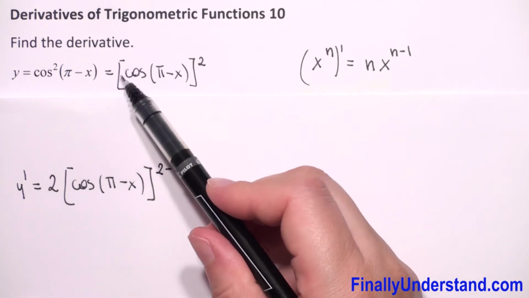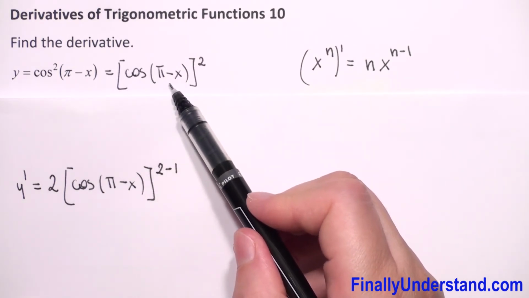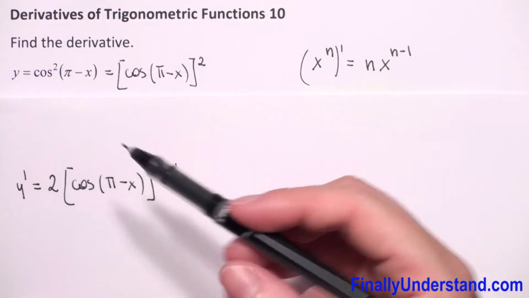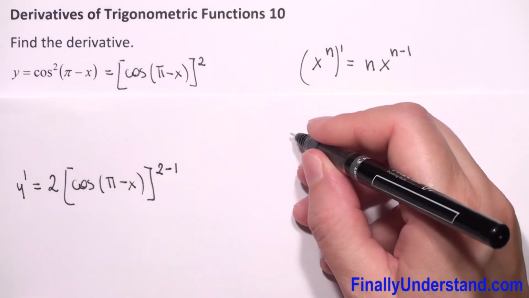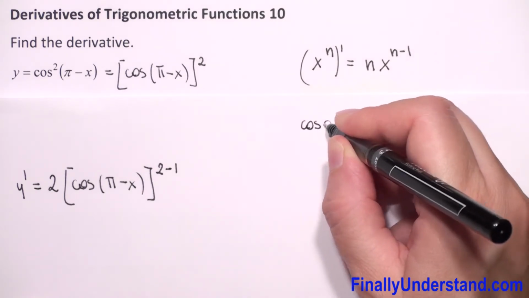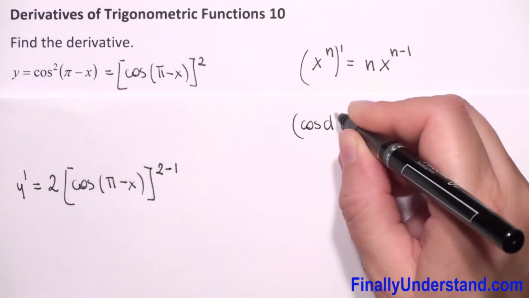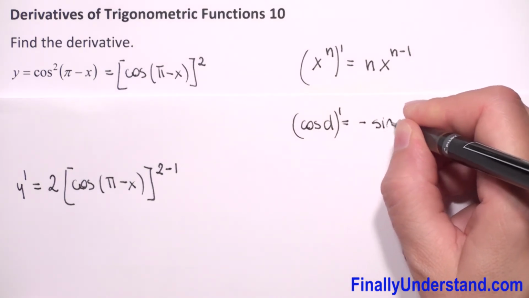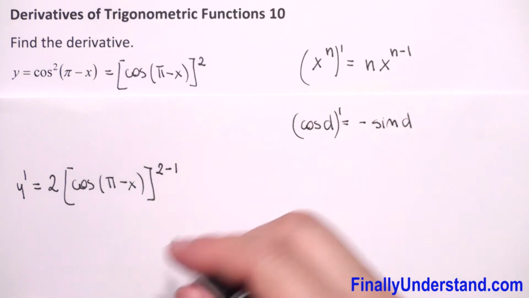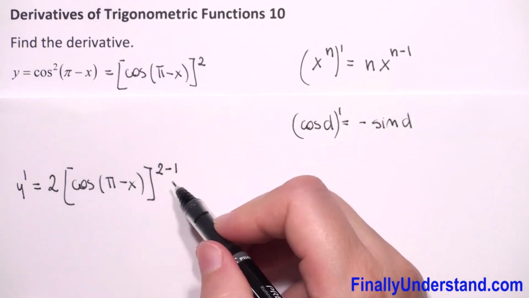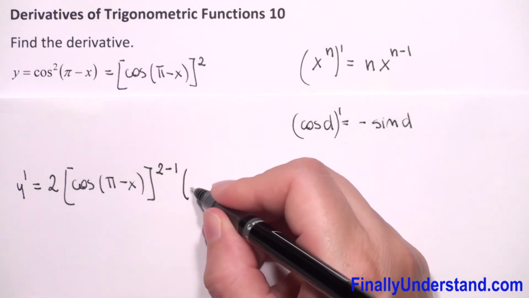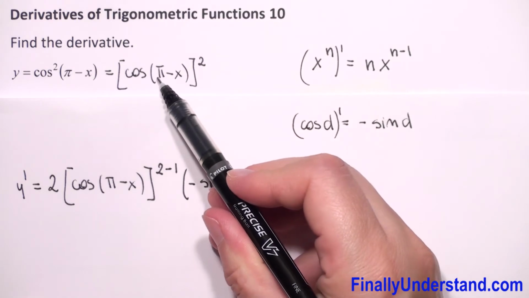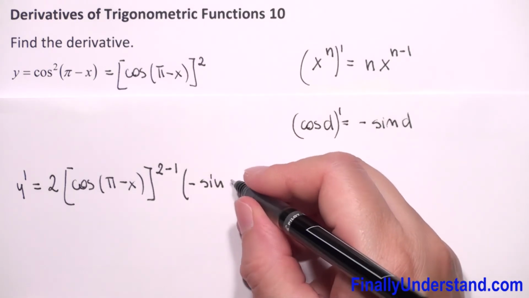And because we have a composite function here, we have to find the derivative of cosine now. We know that the derivative of cosine of d is equal to negative sine of d. So we will have times negative sine of, and we just copy this, pi minus x,